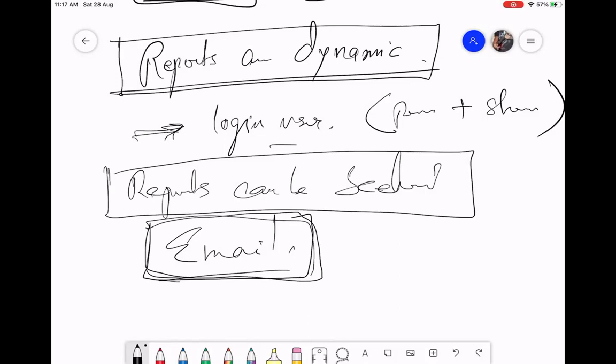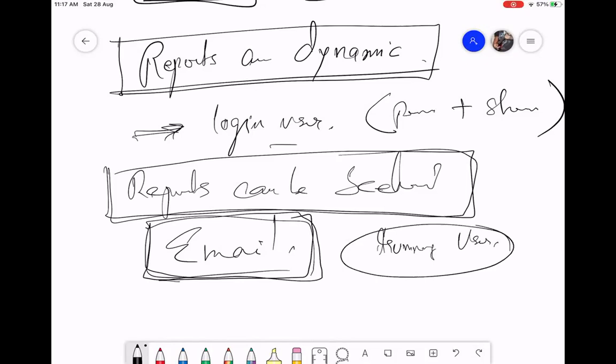That is why, when you are scheduling a report, you have to tell whose report I am going to send. So that is called a running user. I have to set up a person whose snapshot, or whose report screenshot, will be captured and sent via email. Sending via email is beneficial because people don't have to log into Salesforce. At the start of a day, they will get the reports in their email box and they can do whatever necessary step needs to be done even before logging into Salesforce. So that is the benefit.